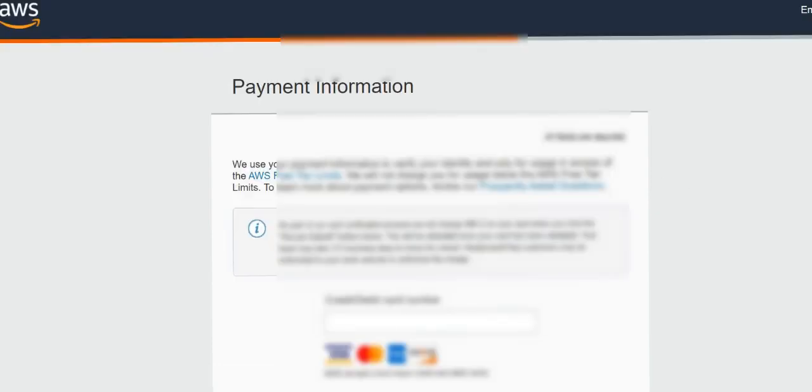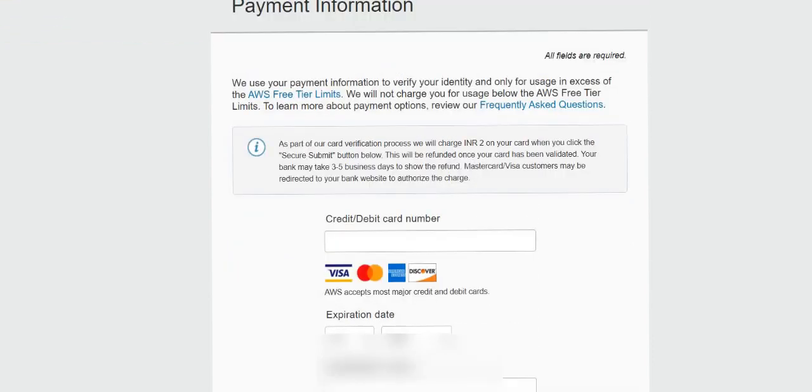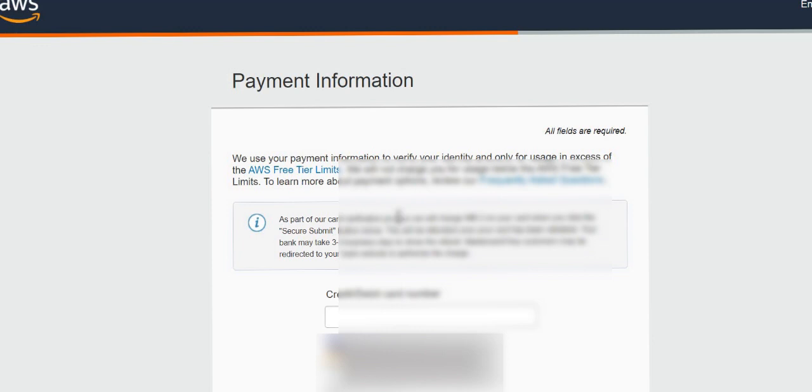Next we are into the payment information page. Here you may wonder why we are using a debit card or credit card number. It belongs to the free tier account. Don't worry guys, AWS does not charge for anything. Initially it charges about 2 rupees, only for identity purposes.